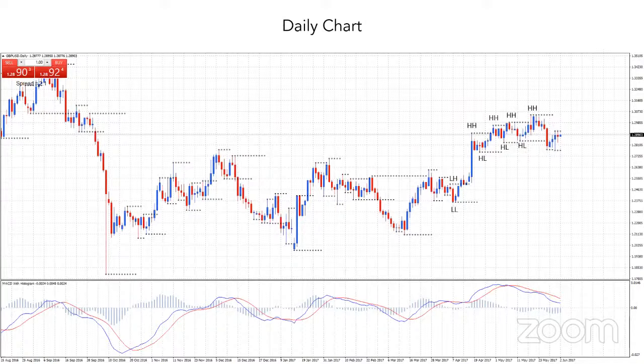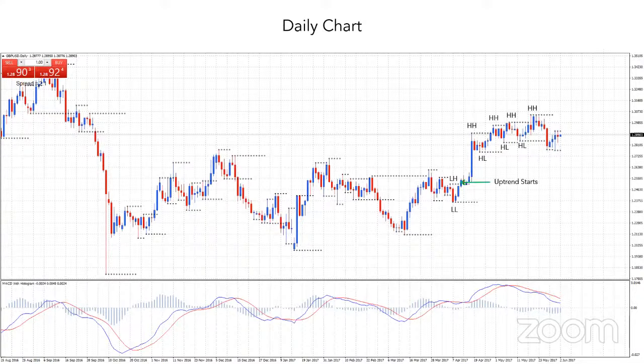So I'm just marking in where the downtrend was. Here we have a lower high, lower low, and then we actually start to move up to higher high, higher low, higher high, higher low, and so on, as this uptrend unfolds. Now, when I'm trading, I don't actually draw in these markers, but it's just for clear reference of what we're seeing on the chart tonight.